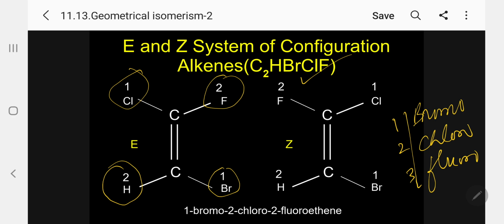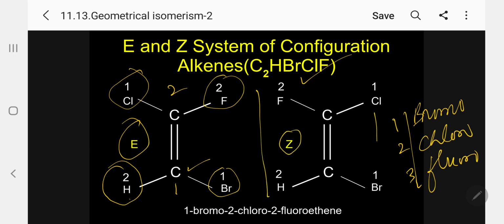Kindly follow. Now I am starting, as per the rule, with the conversion rule. I am considering hydrogen in the first carbon atom. Bromine is 1, hydrogen is 2, here on the first carbon. On the second carbon I am comparing chlorine and fluorine. So 1 and 2, 1 and 2. What is here? They are in the opposite direction. So this is E, and the mirror image automatically is the other. Just see here, 1 and 1 same direction, 2 and 2 same direction.